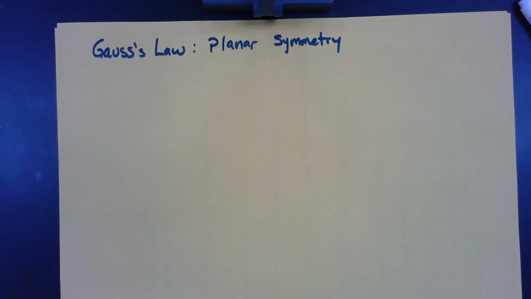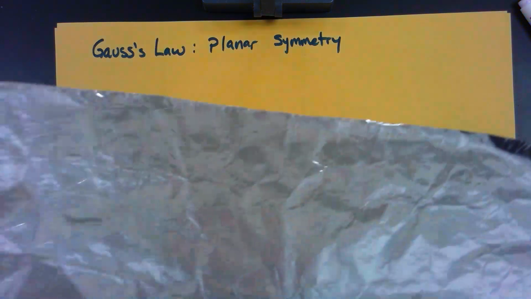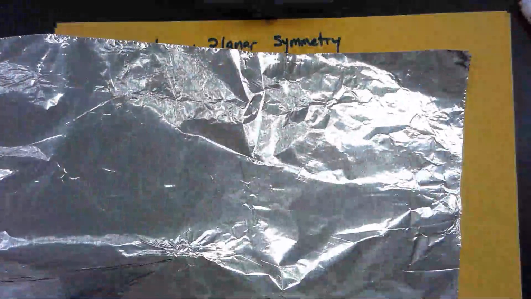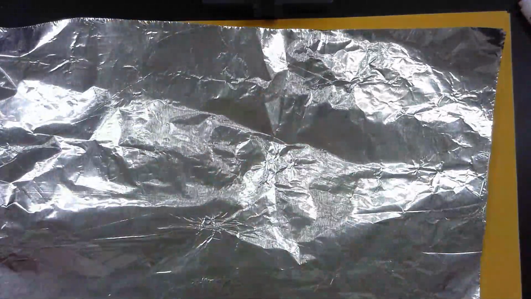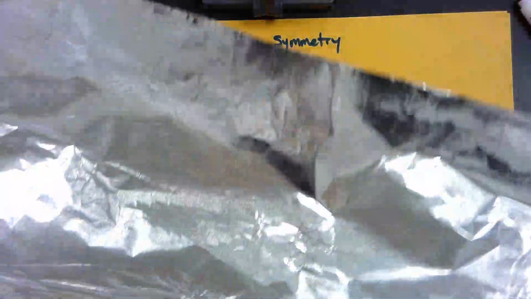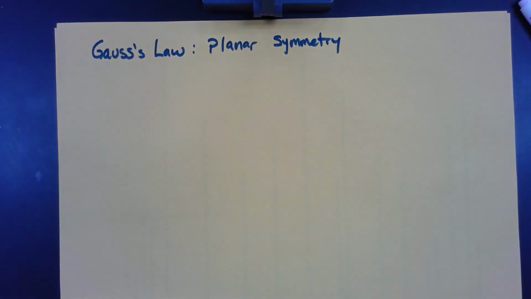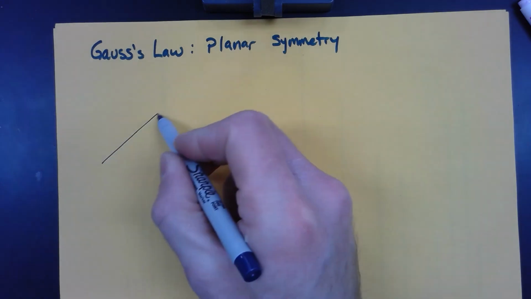Okay, in this video we're going to look at Gauss's law with planar symmetry. In terms of planar symmetry, we're looking at a conductor, at first, that is a thin plane of charge. If I was able to plop some charge on here, it would spread out evenly over the entire surface, just like in any conductor. So we'd have a flat sheet,